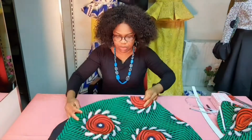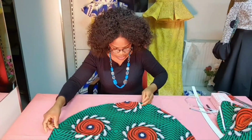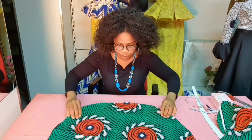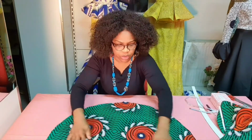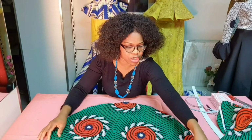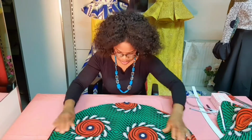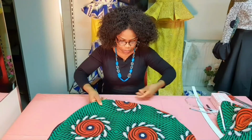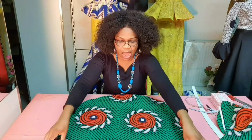And this is the right side of the Ankara material. Then I place it on it. Do you see it? The right side facing each other. So now, from any side of the circles of your choice, measure out